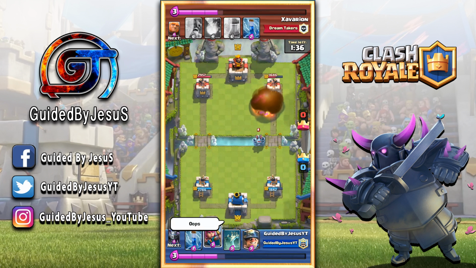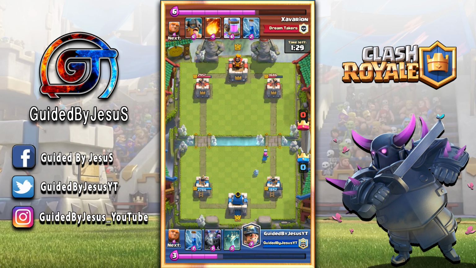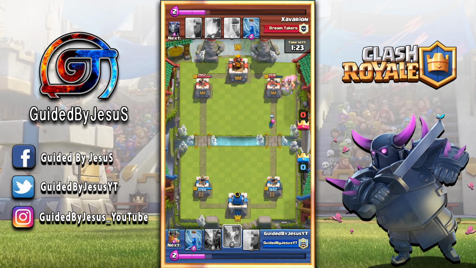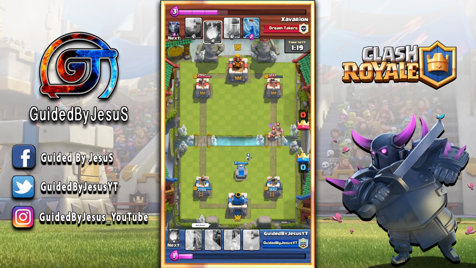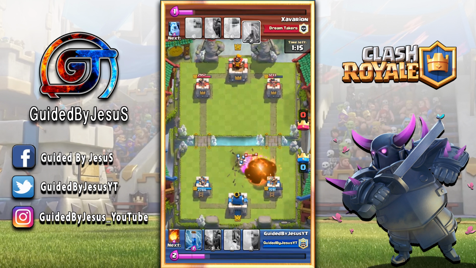So I used the fireball there to take down the musketeer, in fear that he could have placed maybe a giant or something there in front of that musketeer and mounted a very strong push. And now I have the miner and archer combo. He does use the elite barbarians there to stop the miner, so the miner does not do all that much tanking there